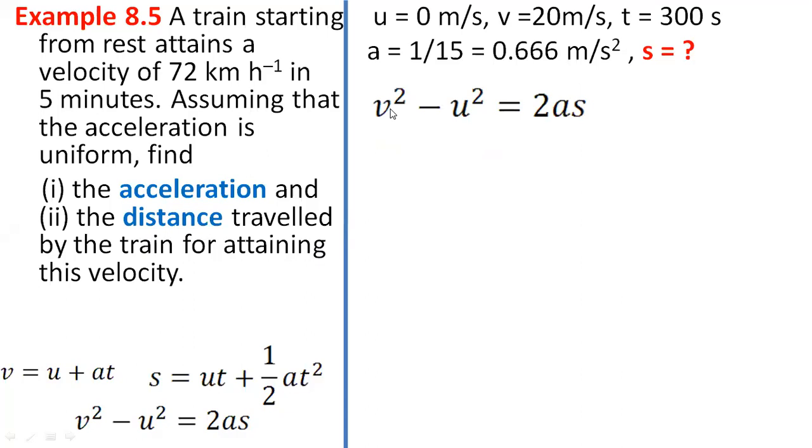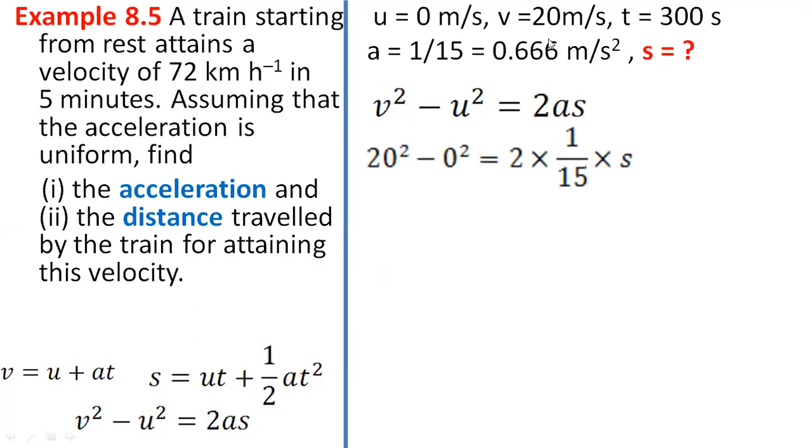So we will be using the third formula, v square minus u square is equal to 2as. You can also use the second one. It is up to you. Okay. But in this particular question, what I have done, I have taken the third one. You can technically take the second also. It is your choice. Now put the values. The v value is what? 20. So 20 square minus the u value is 0, so that would be 0 square. Then 2 into what is the value of a?